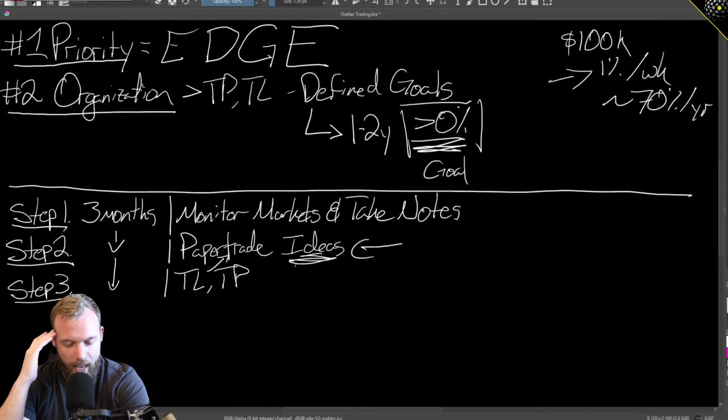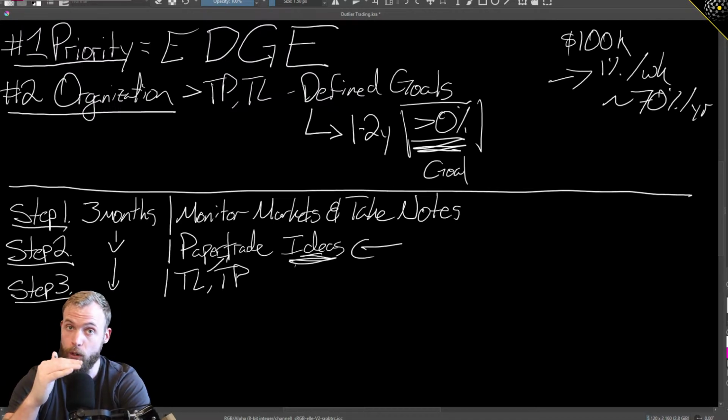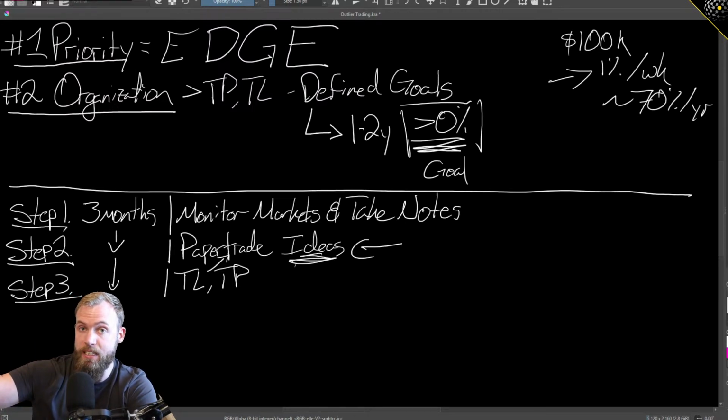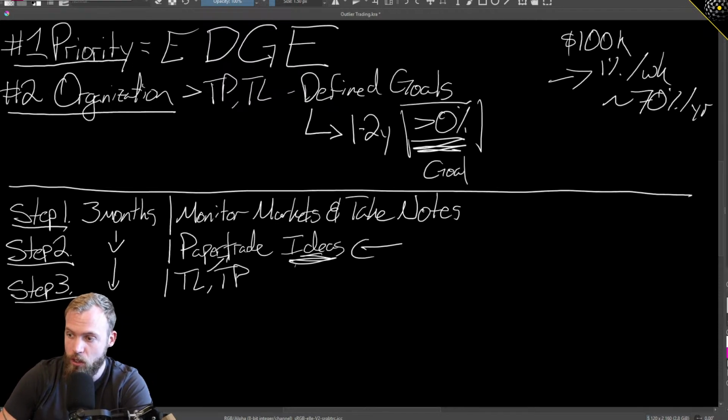Again, think about any other skill-based activity you've ever done in your life. How good do you get in the first year? Obviously, from where you start, you grow exponentially. But if you look back at where you were 1 year into that activity compared to where you might be now, 10 years down the line, you probably think, shit, I didn't know anything. It's actually kind of embarrassing. It's the same idea here. We are not even worried about trying to come up with grand ideas because we do not have the context yet.